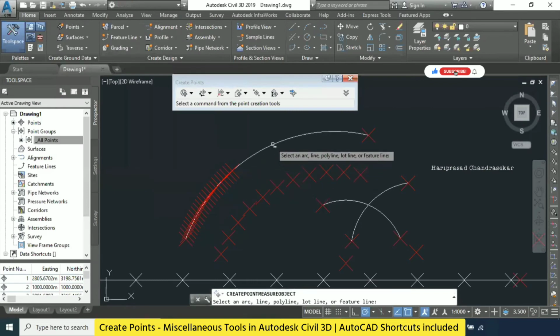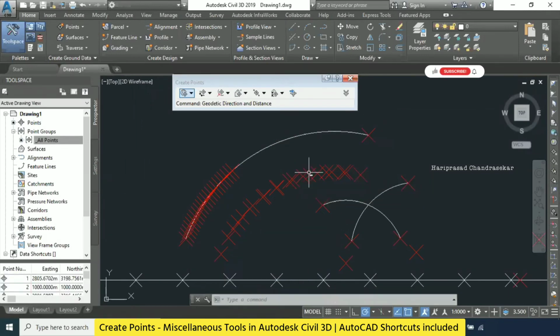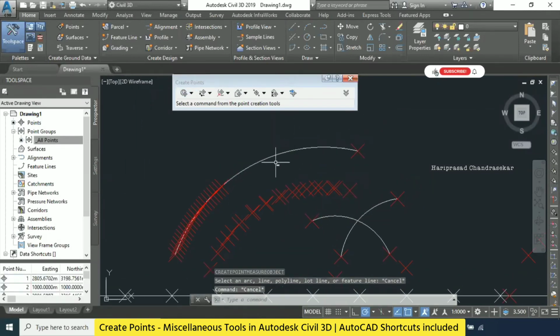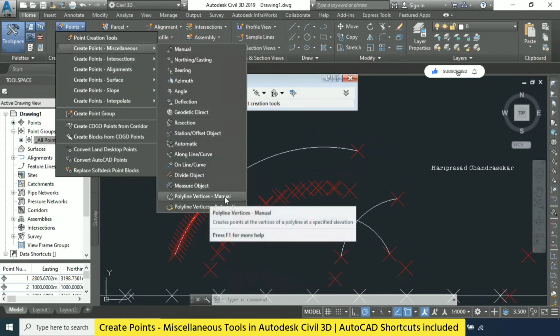Measure object and select the arc. Then for starting station we can put some value, maybe 50. Ending station I will put 100. Offset I will put -10 like that, and interval I will put 5. Description. Can you see how it is coming? See, inside it is coming. Okay, we already have points now. That's why there was the problem here. Yeah, understood.